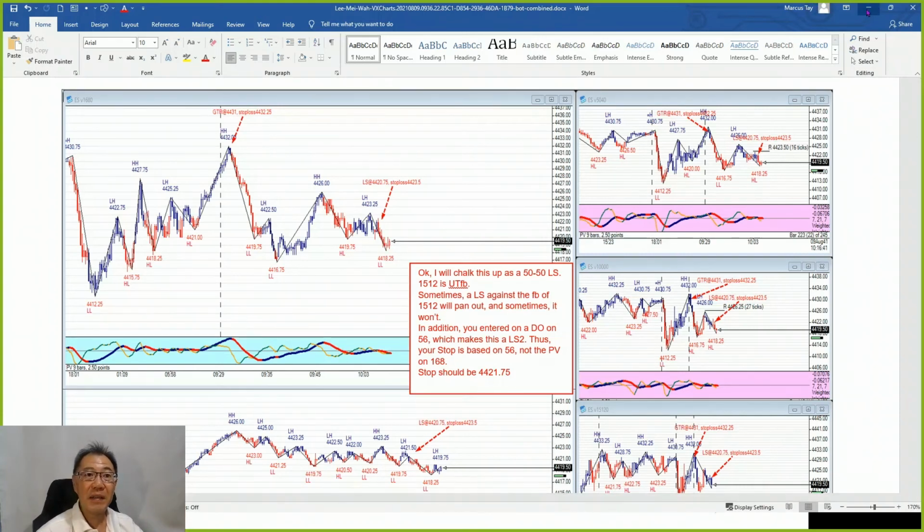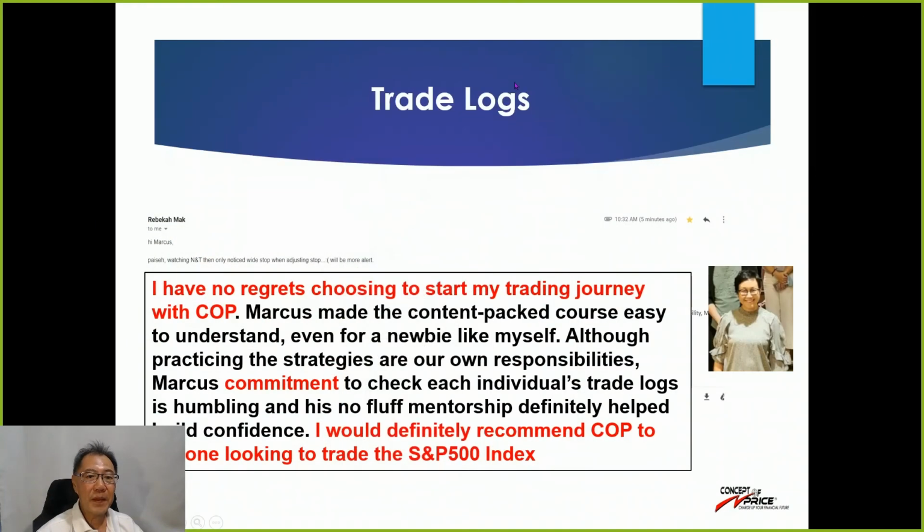Now let's get back to this again. So this is about trade logs. I've shown you examples of 2 ladies who have done very well with us. Their trade logs are sent to me, and this is a process in which I help to monitor, point out mistakes, and fine-tune your strategies to help you progress and be a consistent trader. And this is a pleasure which I've taken upon myself, to help our fellow members